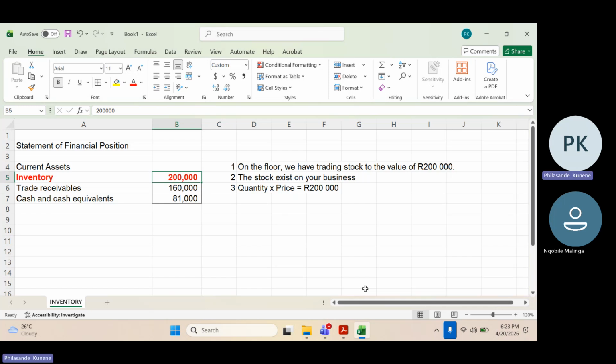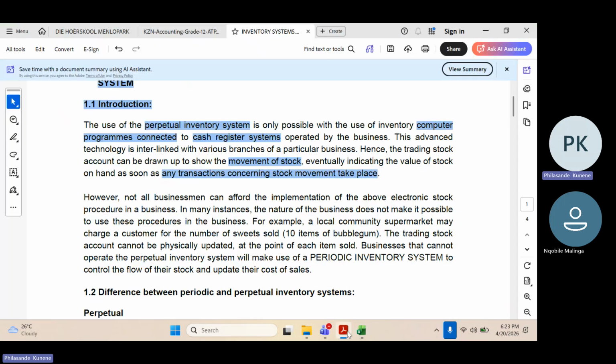What is difficult to say that? There's nothing difficult on that. Whenever they're asking you something like this in a test, it's something that you should be able to do. Now we're going to talk about the periodic, because there's a second inventory system